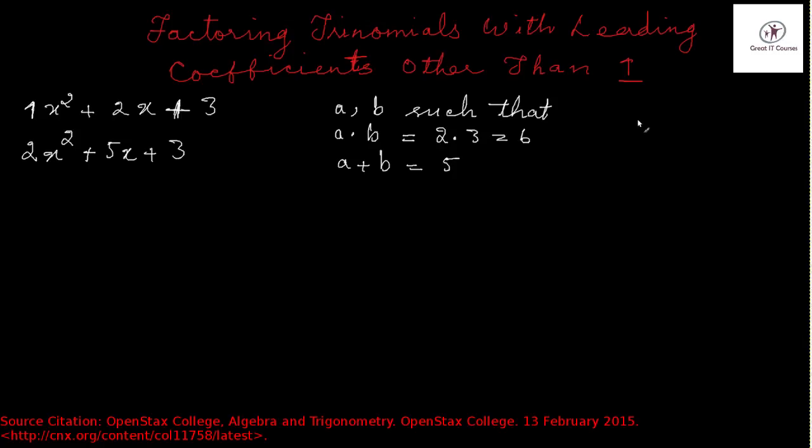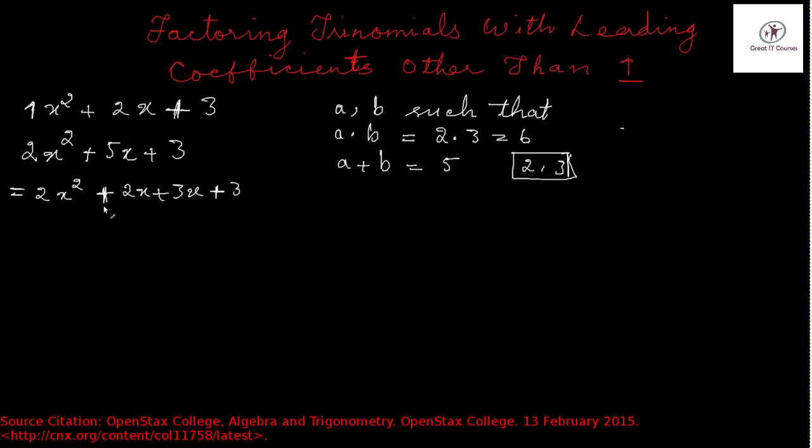That would be, for example, 2 and 3. If you think about 2 and 3, 2 times 3 is 6, and 2 plus 3 is equal to 5. So these are your numbers. You can use this, and you can write this as 2x squared plus 2x plus 3x, using these two numbers over here, plus 3, and I'm not doing anything to this term just yet. You can see that now the trinomial has been written in such a way that you can